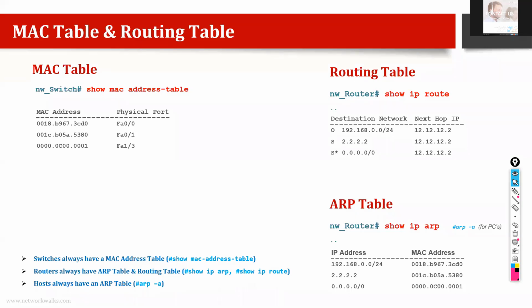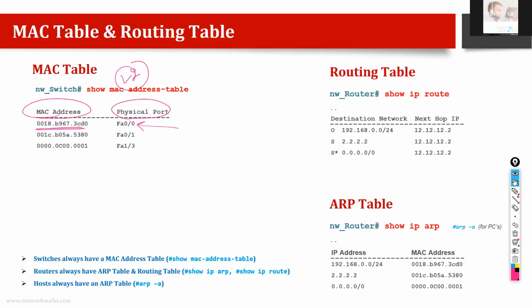All the switches have a MAC address table, and MAC addresses work on layer 2. Last week we discussed this already. So it's very simple. The MAC address table exists on switches, and it gives us the correlation between MAC addresses and the physical ports. It tells us that this physical port, FastEthernet 0/0, has a device connected. It does not tell that this is the MAC address of this port. It tells us which device is connected on this port.